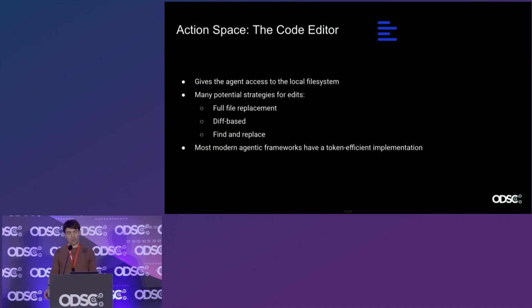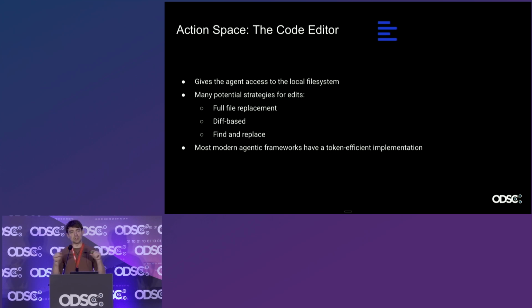We talked a little bit about the actions that are available to the agent. I think one of the most important ones, if you're going to be writing code, is this code editor. This is a surprisingly tricky thing to get right. The naive implementation of a code editor for an LLM would be, you give it the old contents of the file, and it spits out the entire new file. That's not a very efficient way to work, though.